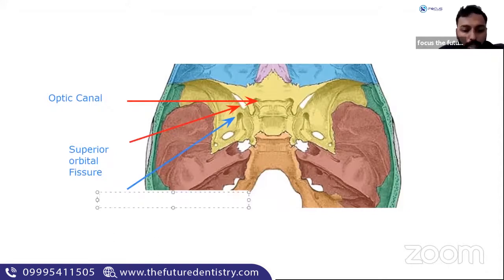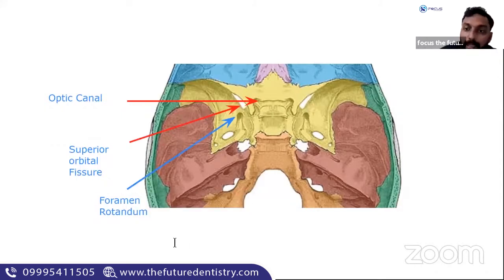Foramen rotundum. Why is this foramen rotundum so important? Because the two important branches of the trigeminal nerve which we deal with are the maxillary branch and the mandibular branch. The maxillary branch goes out through the foramen rotundum. I think it is very simple. You don't need mnemonics for knowing what passes through this foramen rotundum. It is your maxillary nerve.